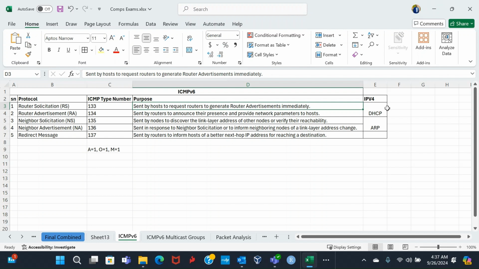It's similar to the DHCP request in IPv4. Then the router that has the SLAAC will reply, and that is type 134, which will reply with the prefix and other information like the MTU or certain important information that the node requires in order to configure